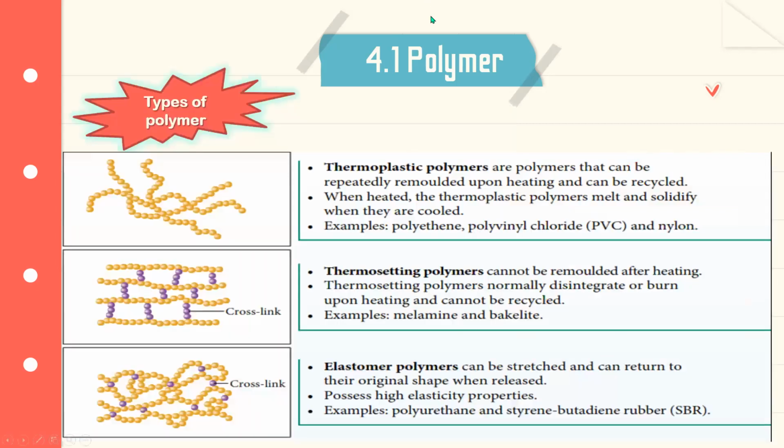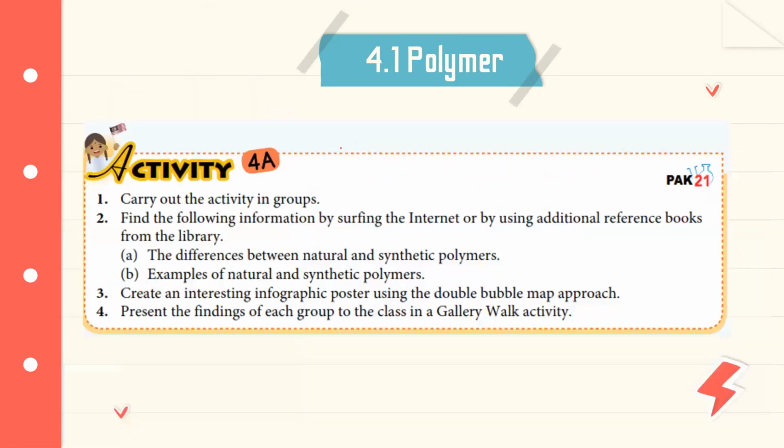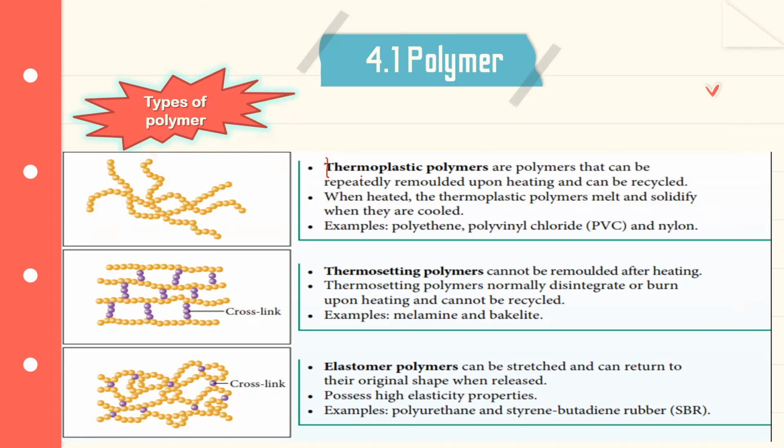Now, 3 types of polymers. If you can see teacher going fast, if I go fast in something, it's not so important. If I stay a long time there, it's important. This one is very important. I've got 3 types of polymers. What are they? Number 1, thermoplastic. I want everyone to imagine a plastic bag in front of you. A plastic bag is forever moving, and a plastic bag